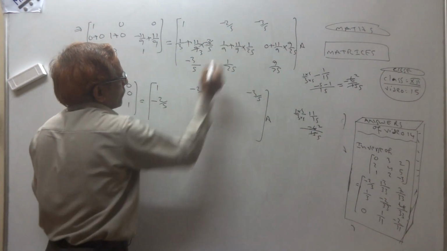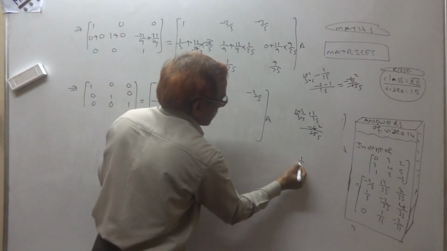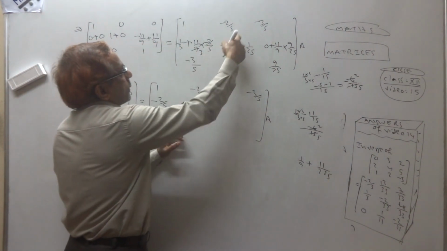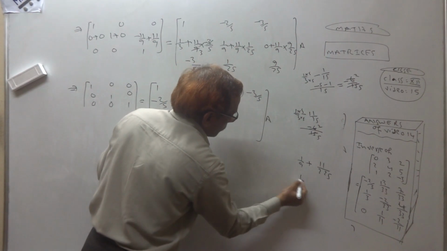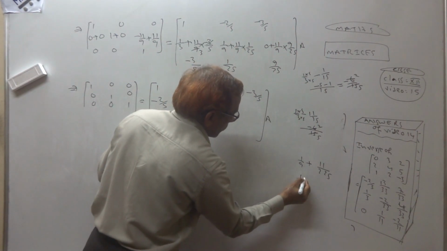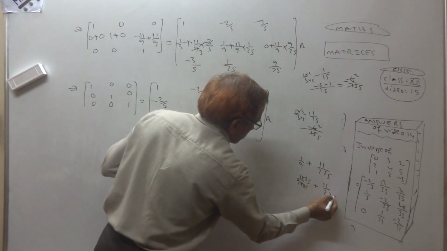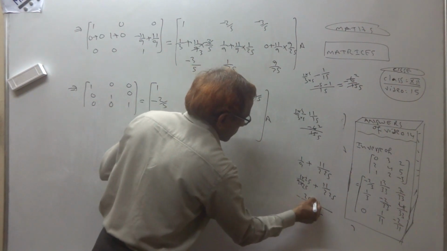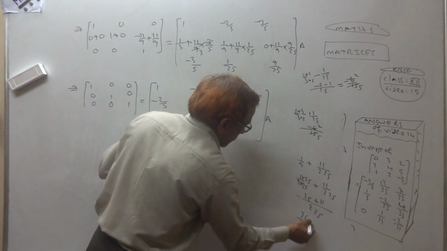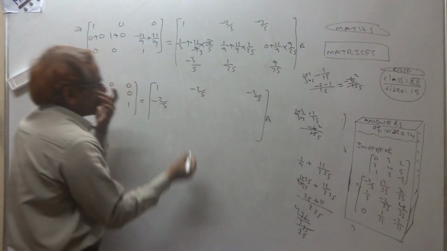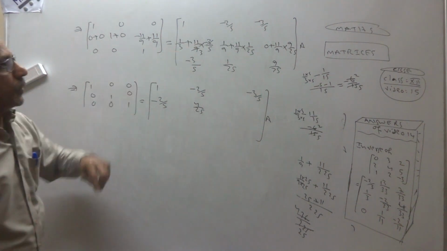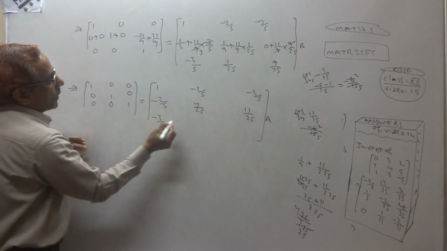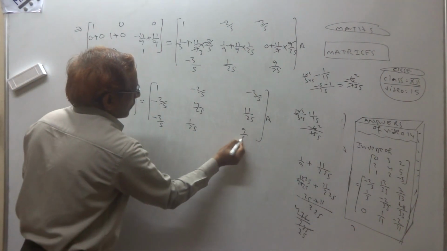This how much? 1 by 9 plus 11 by 225. See, 1 by 9 plus 11 by 225. Make them equal, into 25 into 25. Because 25 9s are 225, the LCM is 225, 25 plus 11, 36 by this. 9 4s are, 9 2s are, 9 5s are. So 4 by 25. And that, 9 9 cancel, 11 by 25. So 3 by 5, 1 by 25, 9 by 25.